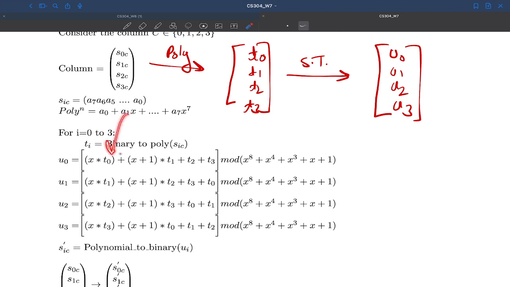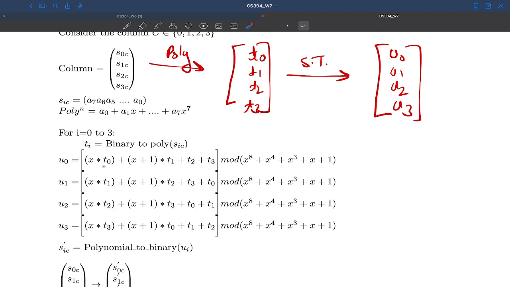Here I am starting with T0, then after 0 what number comes? 1 comes, so I'll take T1, then after 1 comes 2, so I'll take the T2 polynomial, then T3. But when I'm starting with T2, after 2 comes 3, so T3. But what after T3? We don't have a T4. So we move in a cyclic manner. After T3 we go back to the first polynomial which is not covered, that is T0, and after T0 comes T1. Similarly for T3, after T3 the polynomials will be T0, then T1, then T2. So the Ti are chosen in a cyclic manner.